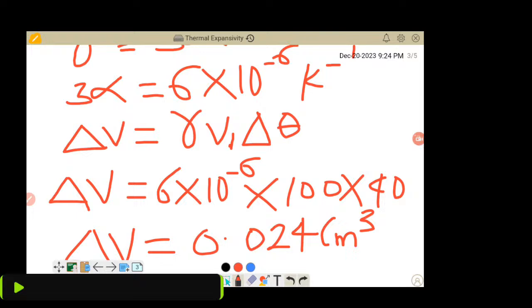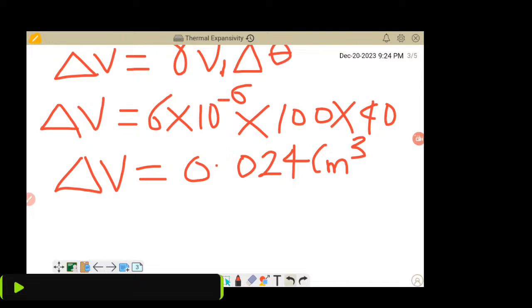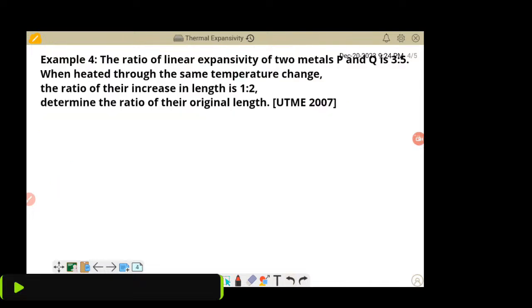We have this one, and substituting all our values into this formula, we arrive at 0.024 cm³ as the increase in volume. Let's check one more example, but before doing that,